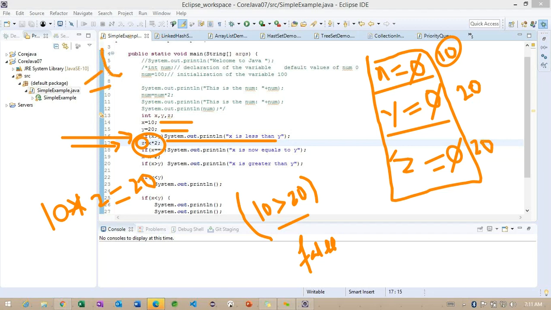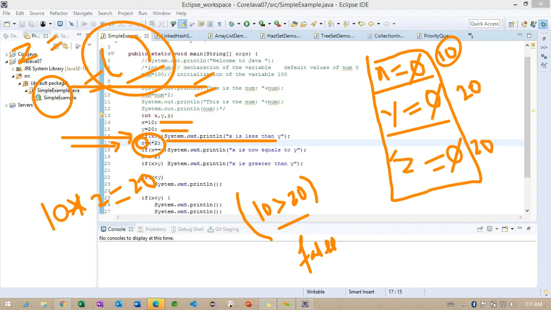Whatever operation we perform on the right side, the final value we get, we assign into the left side variable. Getting the point? So here on the right side we do some operation, and the final value we get, we initialize into the left side variable called z here. This is very important here.